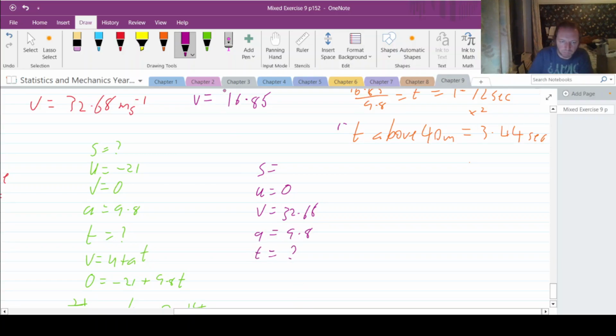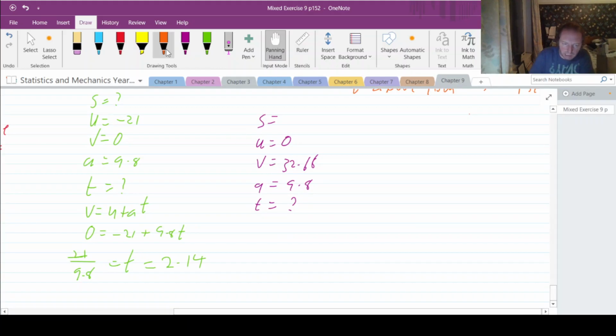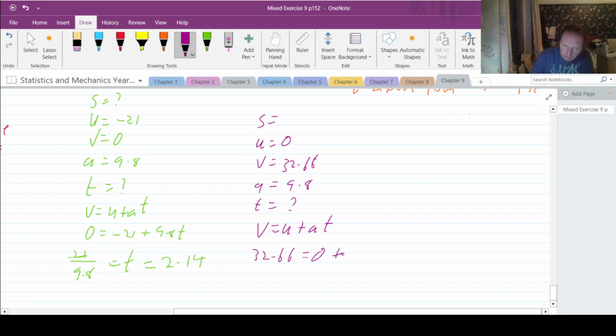Again, I can use V equals U plus AT, but this time 32.66 is equal to 0 plus 9.8 T, and 32.66 divided by 9.8 gives us 3.33